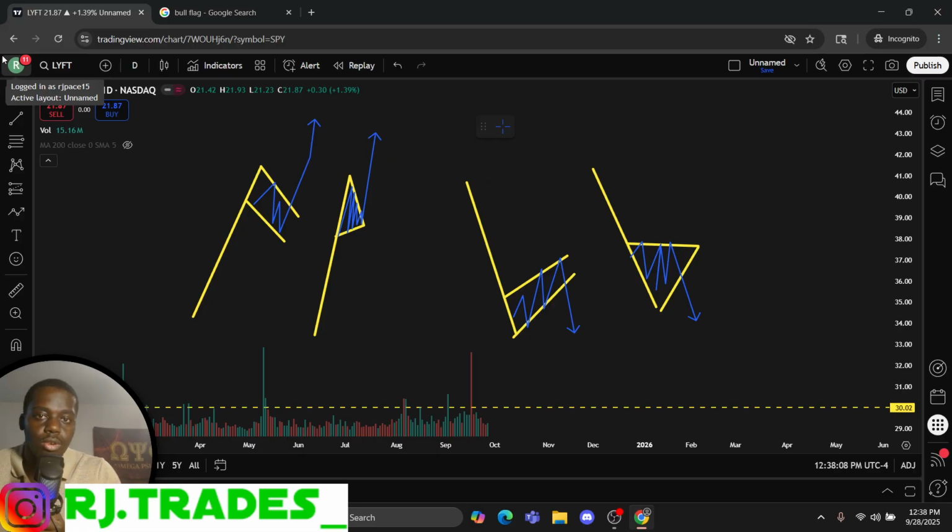It's just going to make it even stronger when it breaks out. All in all, a lot of times it doesn't even matter about the pattern. It matters about seeing the momentum and seeing the consolidation. Because whenever you can spot the consolidation and you can use the volume when it breaks out, there's your play, right? So it's not always about making sure it looks like a perfect flag or a perfect pennant. You got to notice the up move or down move and notice the consolidation. Then you have to have the patience to wait on it to break out with the volume. That's all it is, okay?